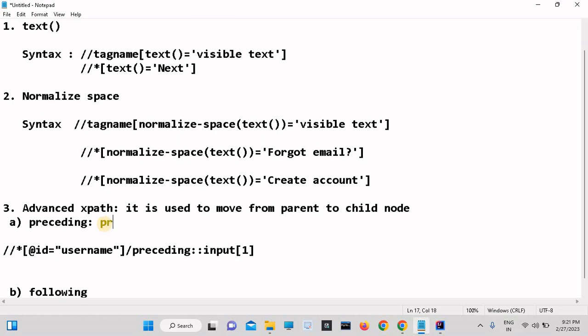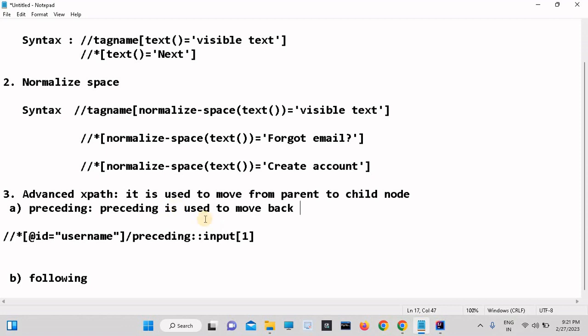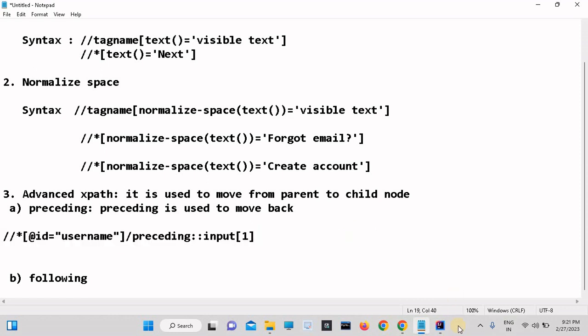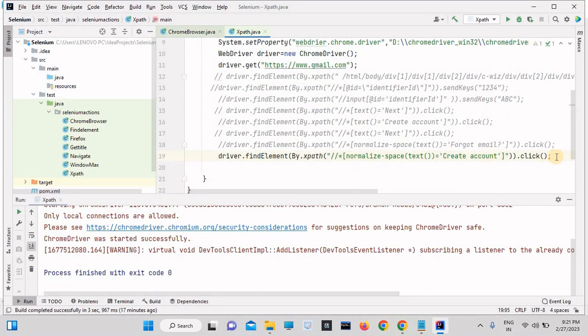See here, preceding is used to move back. So like this you can move back an element. So let me copy this one and see here. So I will type here